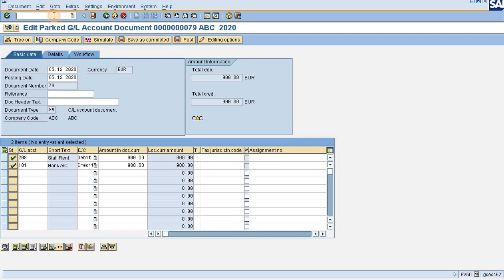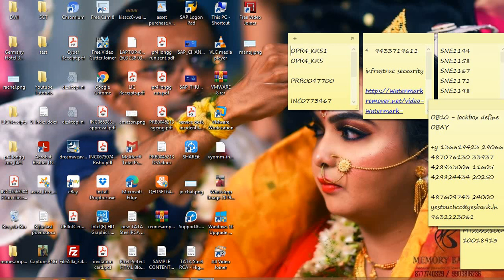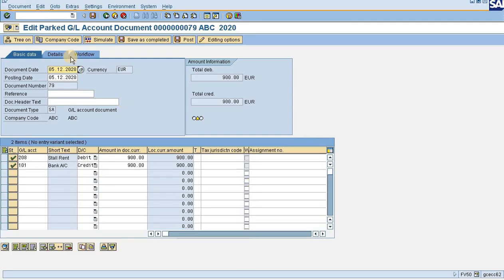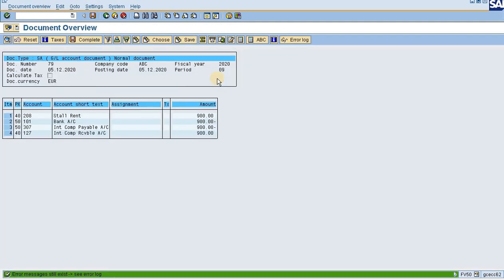ABV0. Yes, now I am again in ABV0. So what I need to do is click on this post button.